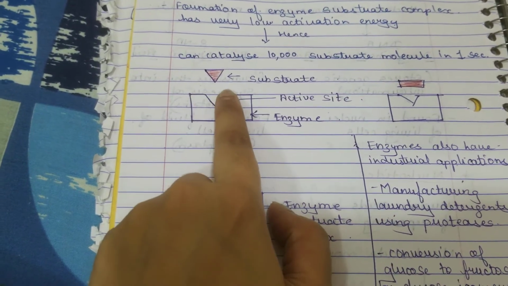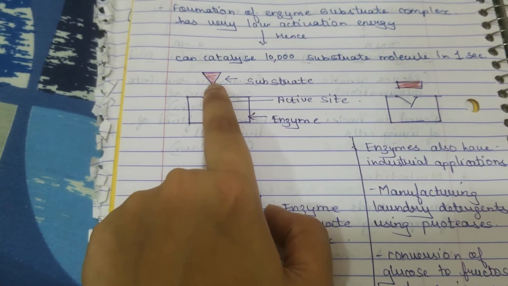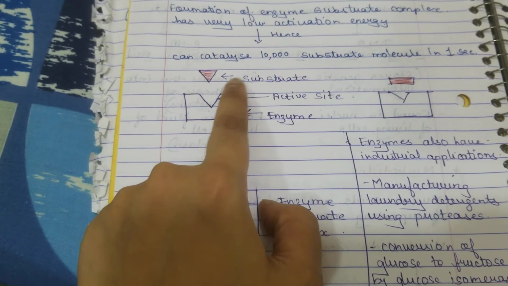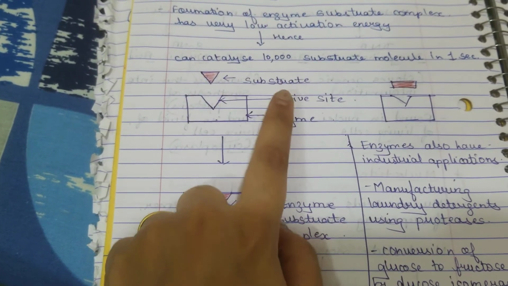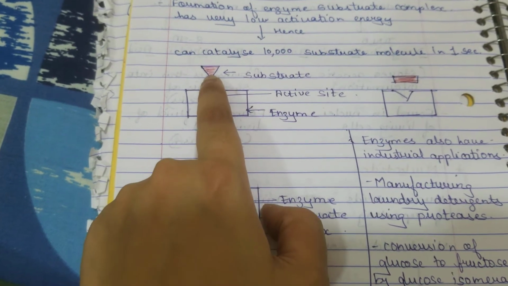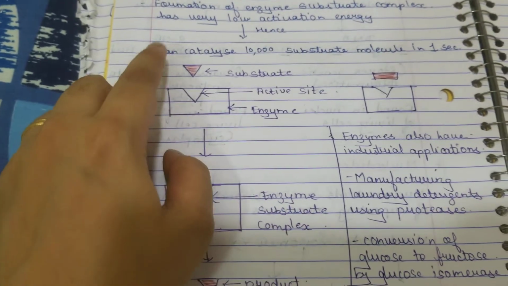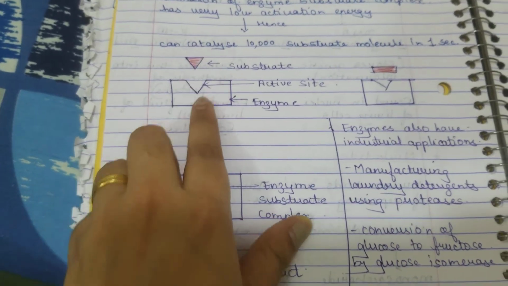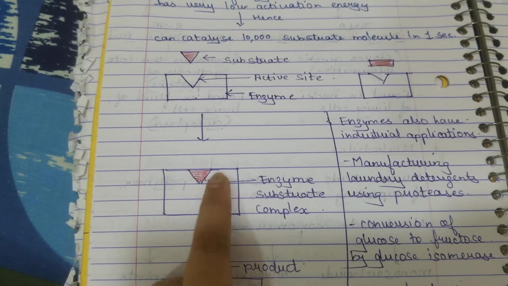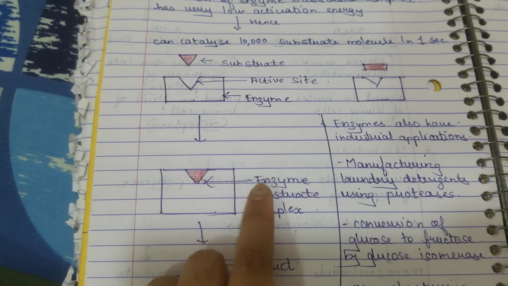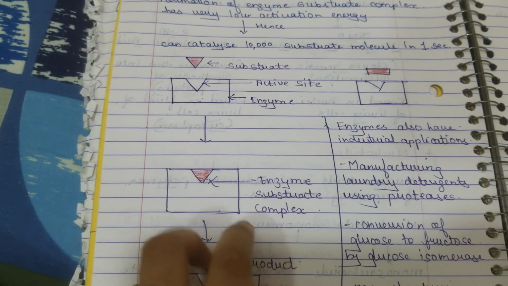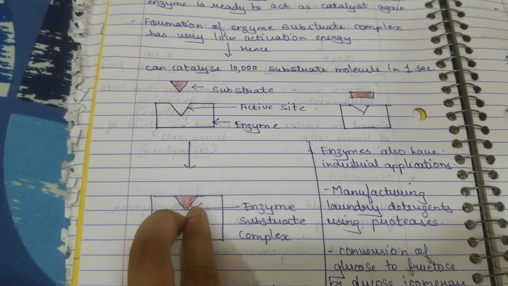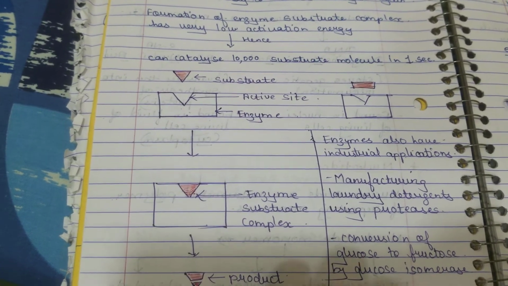So if here it is triangular shape, you can see I have drawn substrate of triangular shape. If it would be curved, then I should have drawn substrate of curved shape. Only when the substrate is of the same size and shape as that of the active site, your lock and key method is possible. Fine. So now see, when the substrate comes and sits on the enzyme in the active site, it is called the enzyme substrate complex, and this enzyme holds the substrate in a proper orientation, and this is called the lock and key method.